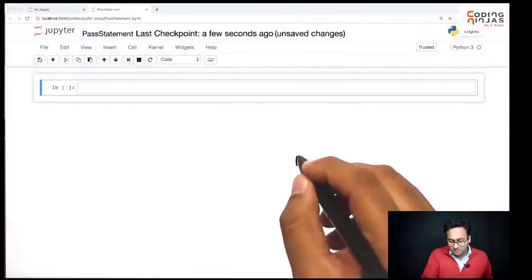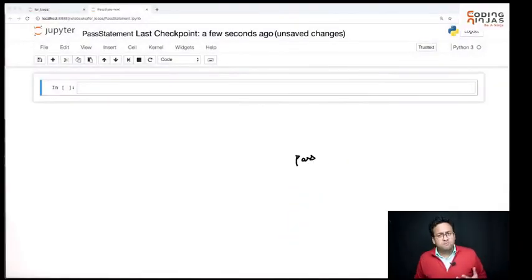Hi. So in this session, I want to talk about a keyword called pass. So pass is a keyword that we can use along with loops. Honestly, I don't think it's very useful, but it's there in Python, so let's learn about it. So pass will basically let you pass a loop, right? So let me just tell you what it is.